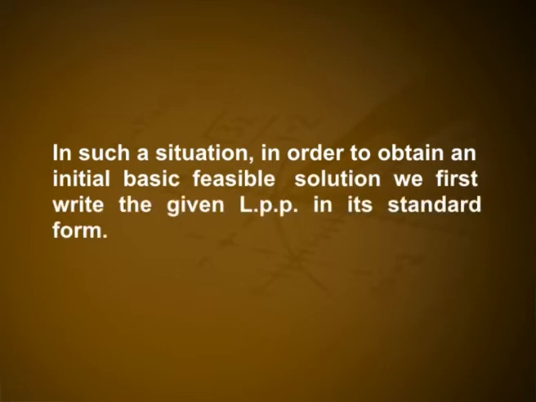In such a situation, in order to obtain an initial basic feasible solution, we first write the given LPP in its standard form and add variables called artificial variables to each of the constraints, which makes the initial solution infeasible. The newly added artificial variables play the same role of slack variable to provide the initial basic feasible solution. These artificial variables have no physical meaning. The method of solving LPP with artificial variables is valid only if it is able to make these variables out or to make them 0 at the final solution. The two methods generally used to solve LPP with artificial variables are two-phase method and Big M method.